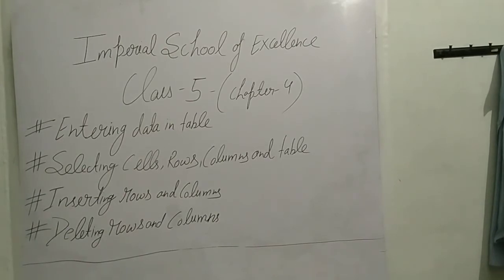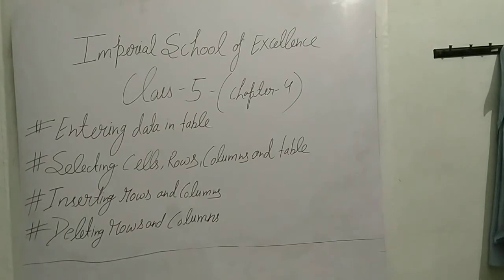Now our next topic is inserting rows and column. If you want to insert any row and column, you can insert rows and column in a table by clicking on any cell where the row and column is to be added. You can click on any cell and add your rows and columns from there. After that, click on the Layout tab, it means page layout. After that, the Rows and Columns group has 4 different tools for inserting rows and column, and you can select from there.